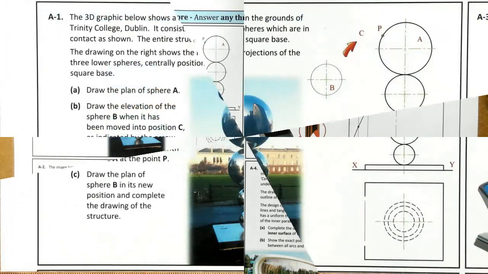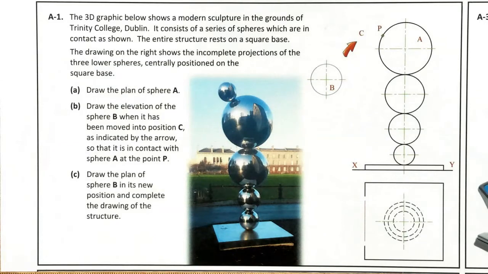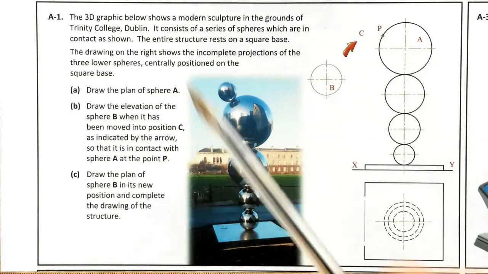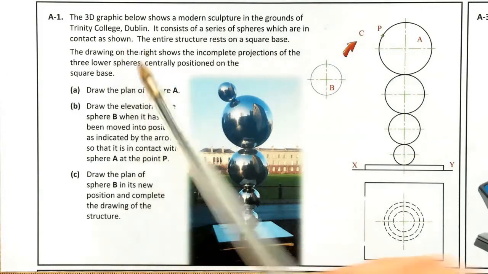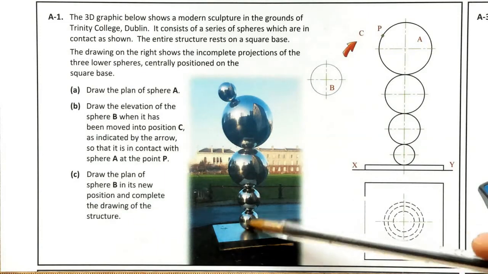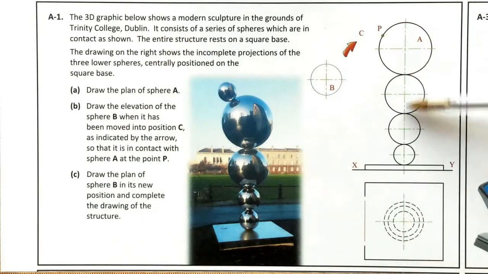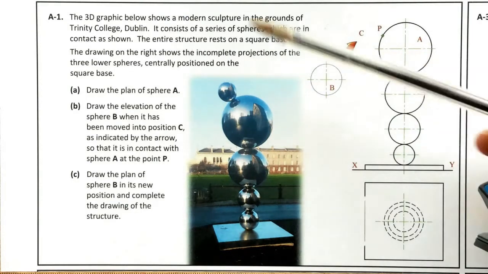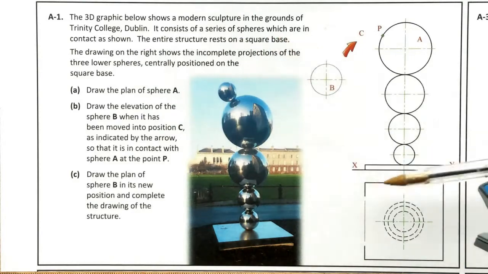Okay. The first question, A1, says the 3D graphic below shows a modern sculpture in the grounds of Trinity College Dublin. It consists of a series of spheres which are in contact as shown. Obviously the largest one on top, then a smaller one, and the smallest one at the bottom. They're all resting on top of each other, as we can see here, so we can see the points of contact between them. The entire sculpture rests on a square base, so we can see the square